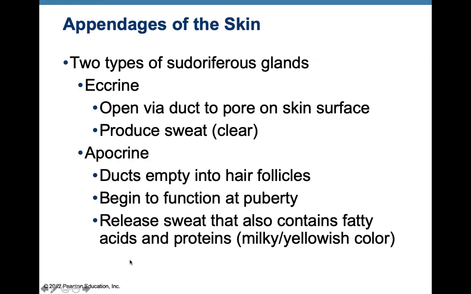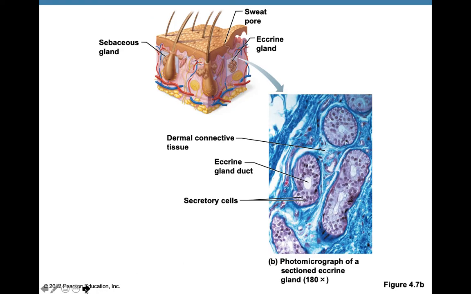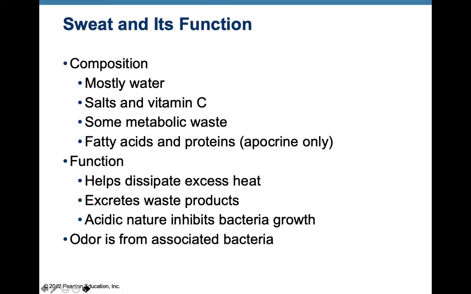So the apocrine glands release sweat that has fatty acids. That's what you find usually under the armpits. It produces more of a substance that kind of smells. This was a picture that you saw on your lab. Then an eccrine gland duct in there. It looks like the cuboidal, the dermal tissue, etc. When you look at those,